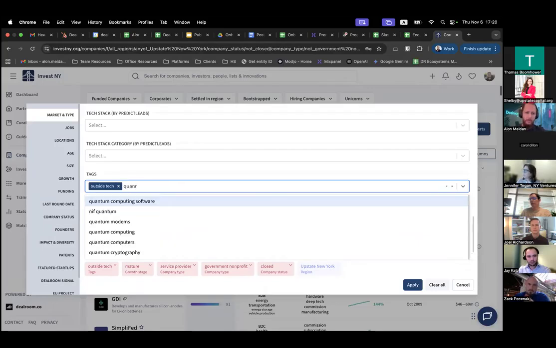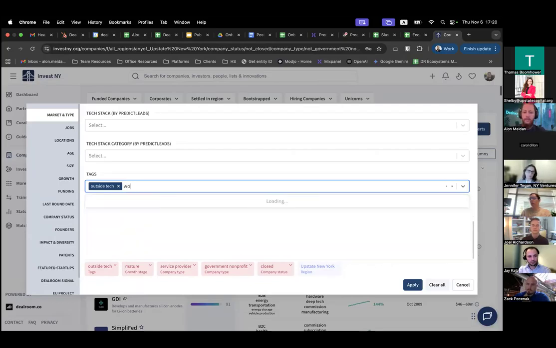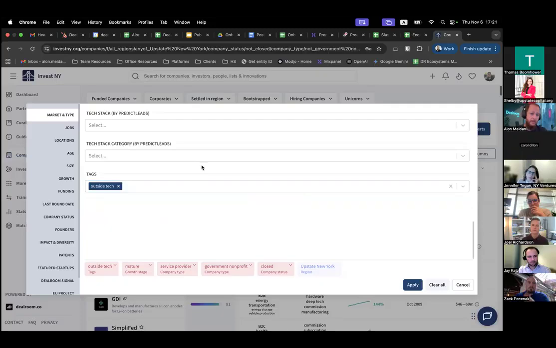But they can also relate to a company's technologies. For example, quantum. So anything related to quantum will have a tag. For example, women founders will have a tag. Spin-offs or spin-outs, as we call them, will have a tag. So feel free to try it out, try your own favorite keywords and the areas that you're interested in, and see what pops up.